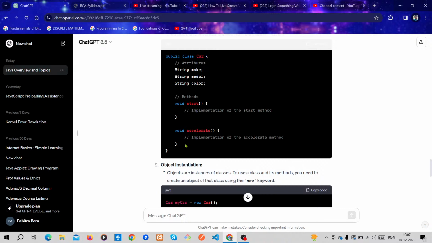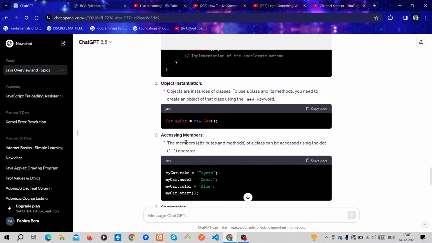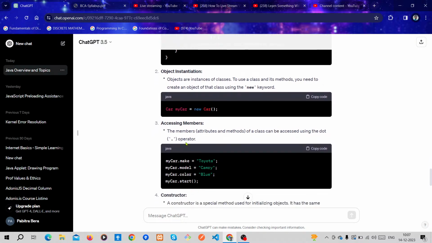Okay, so next we move on to the next topic, which is object instantiation. Objects are instances of classes. To use a class and its methods, you need to create an object of that class using the new keyword.